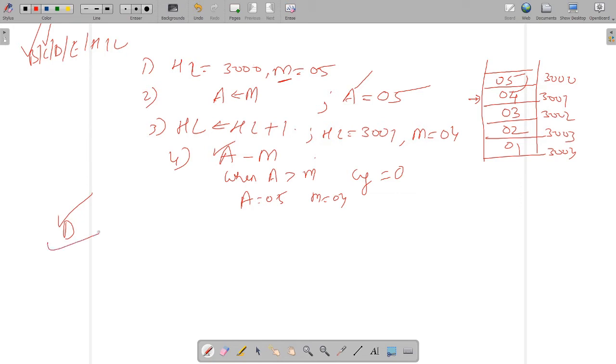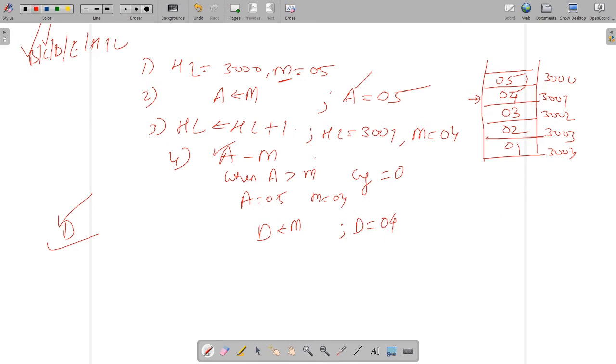So how are you going to do that? I have taken the third variable. So now you can see M will be shifted to D. Fine. So D value will be equal to 04. Now you can easily shift this A value into M. Why? Because you have already protected 04 into some other register.